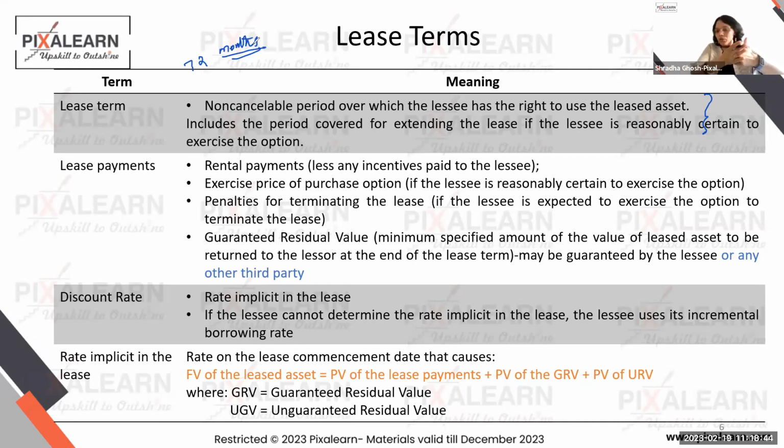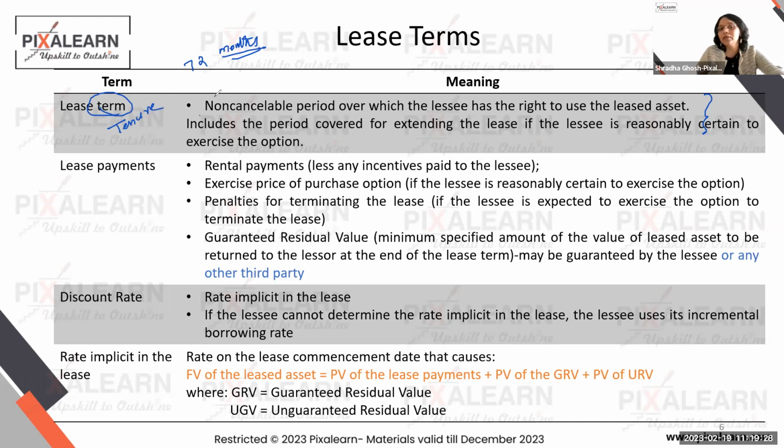Now, think of a situation in the Bay Area in California, where you give the asset for people to rent out, those condos or houses where you're staying. Generally in the US, they'll tell you, okay, the lease has to be for, let's say, 36 months, 24 months. And they will also say that, out of these 24 months, you have to pay me the last 3 months rent in advance right now. In order to promote the leasing, they might say that for 6 months, I will make the rent free of cost. So there may be various terms, but what is important is that when we say lease term, we're typically talking about the tenure of the lease.